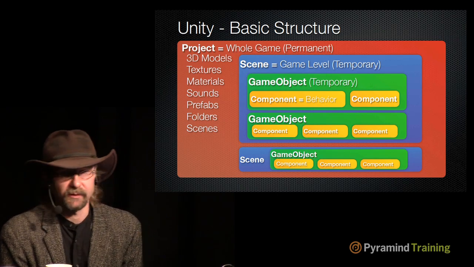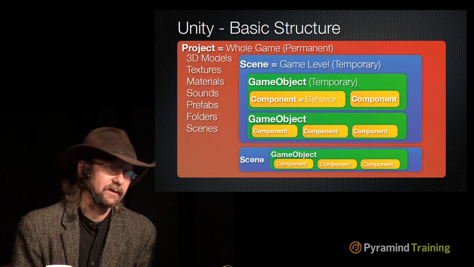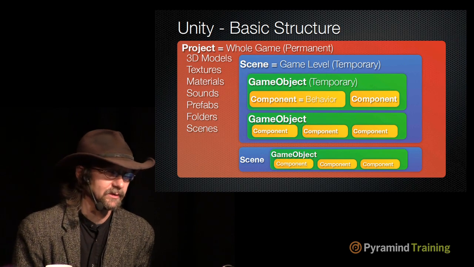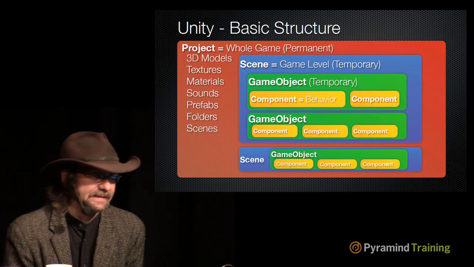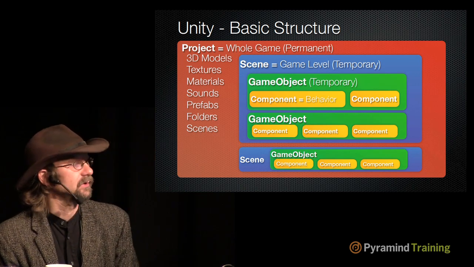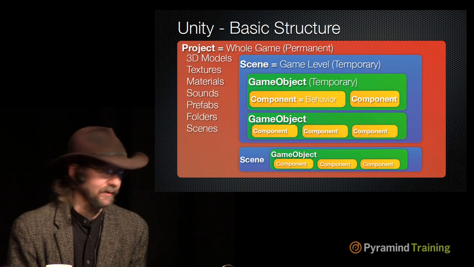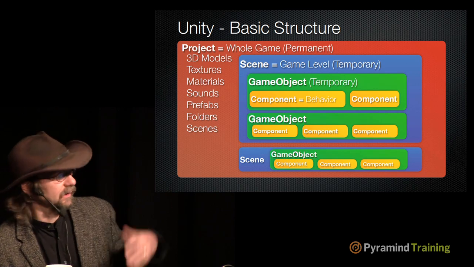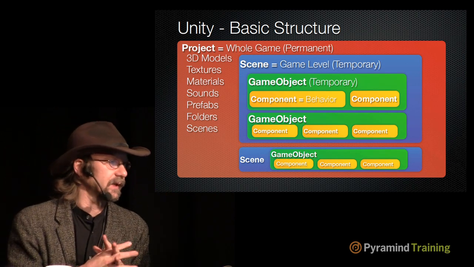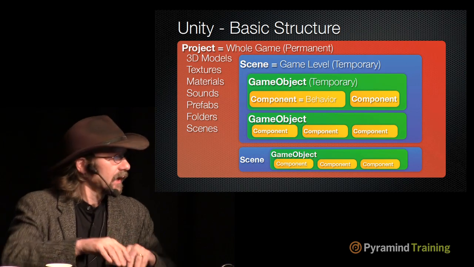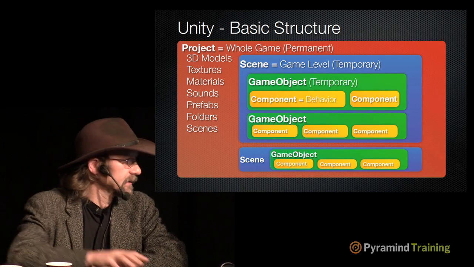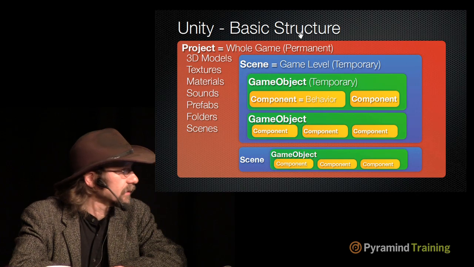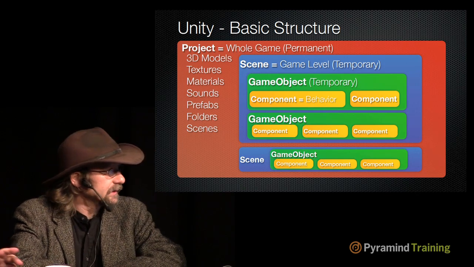You can have behaviors that change what's called the transform, which is basically the position, the rotation, and the scale or size of the object. You can have things that obviously play audio, for example. So there's a lot of different kinds of components that you can have, and they are referred to as components. And so there will be lots of game objects, and all of those game objects will have components. So to go on to the next slide,